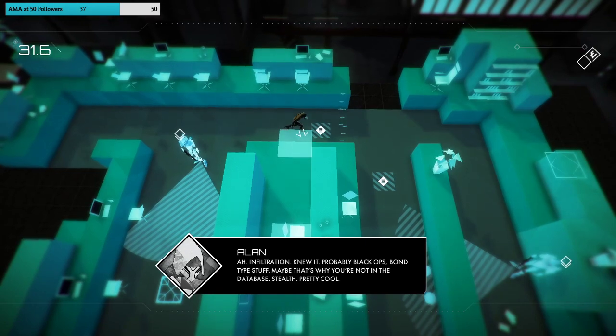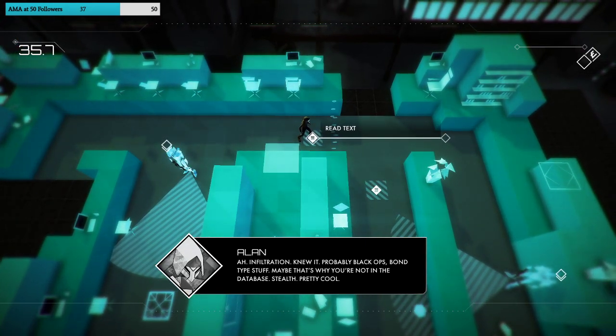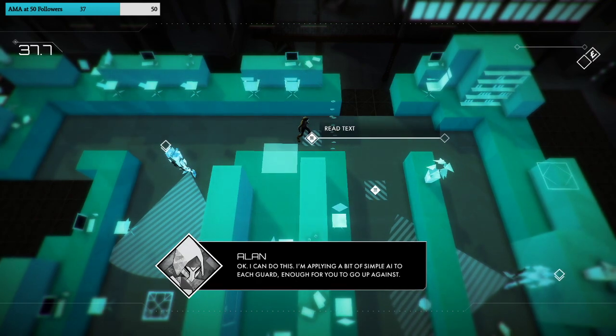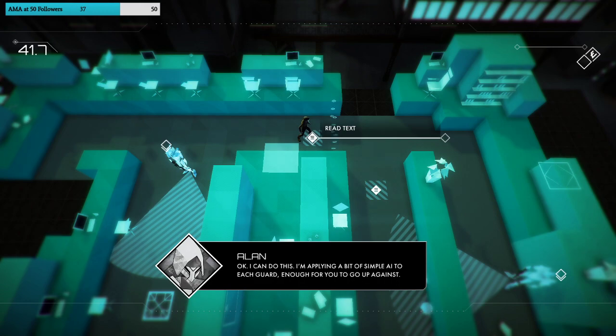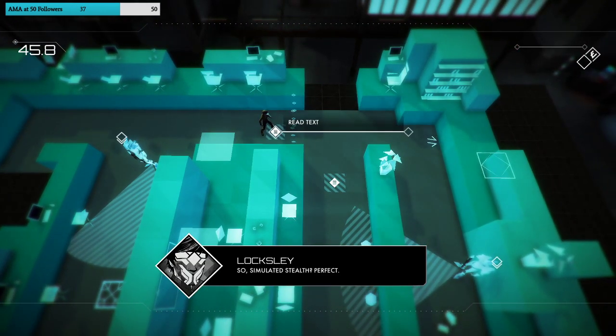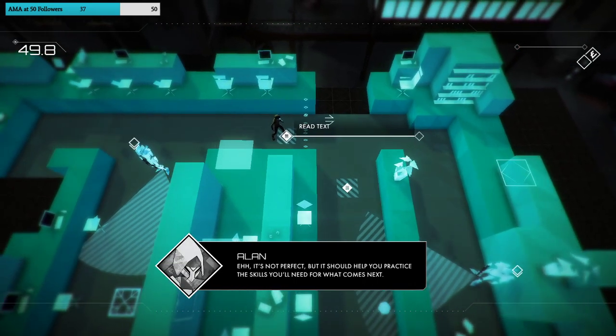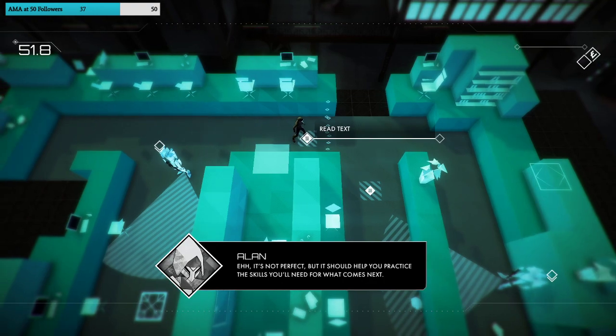Probably Black Ops, Bond type stuff. Maybe that's why you're not in the database. Stealth. It's pretty cool. Okay. Can do this. I'm applying a bit of simple AI to each guard. Enough for you to go up against. So, simulated stealth. Perfect. That's not perfect, but it should help you practice the skills you'll need for what comes